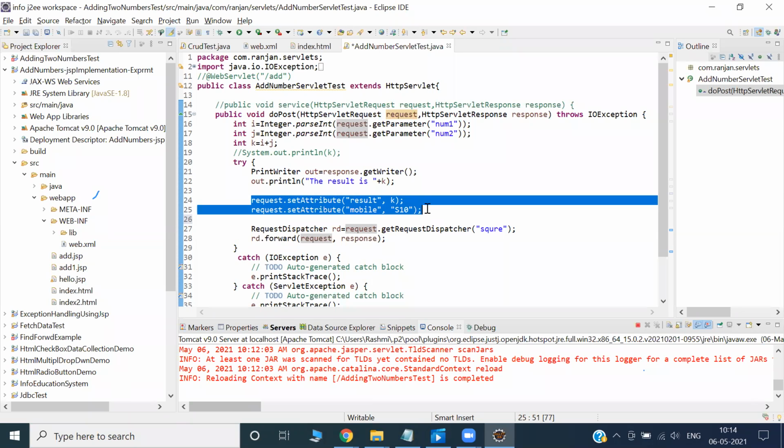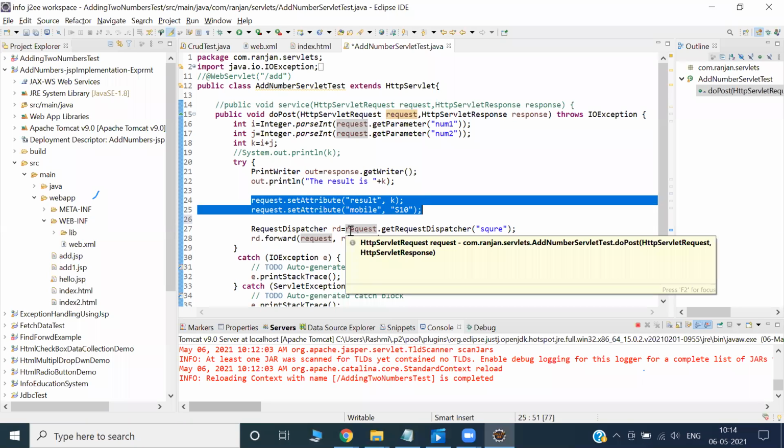Then what is the solution? Then you can ask me the question, sir, if there are two ways, one is request dispatcher and another is send redirect, and with send redirect you cannot send the data through the request object, then what is the benefit? Yes, that is a way. But then how can we send the data? In that case we'll understand another factor which I really wanted to discuss. The name is session. Have you come across one terminology many times? Your session is expired.